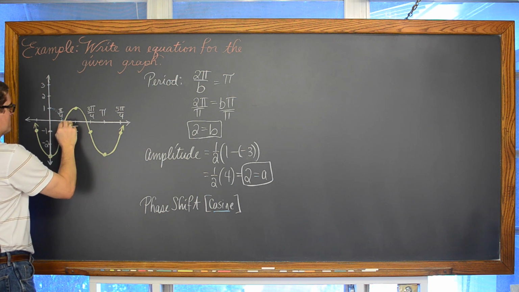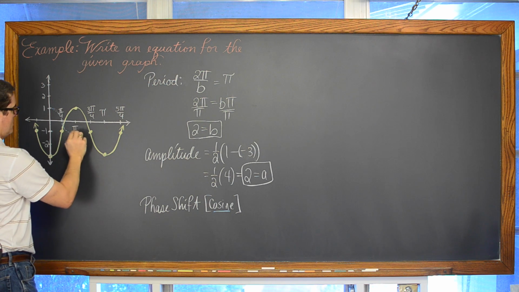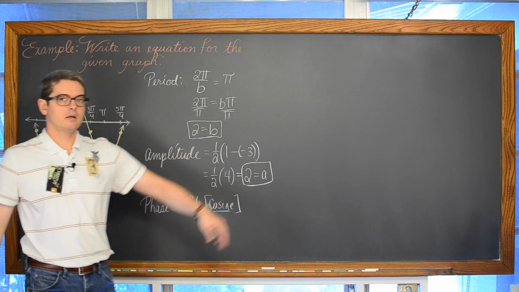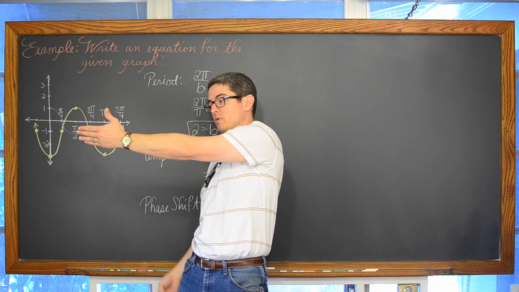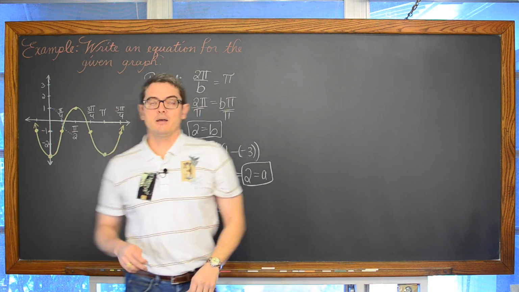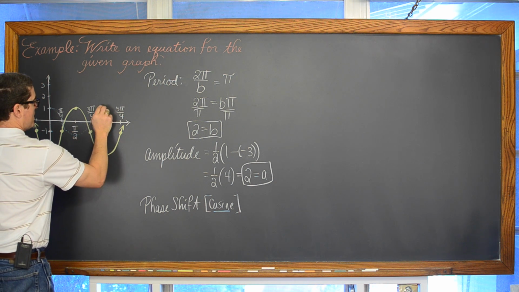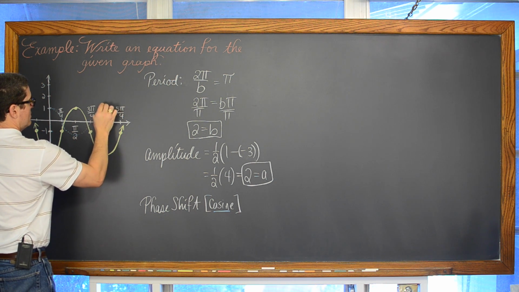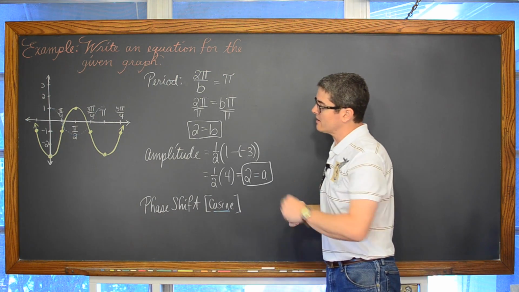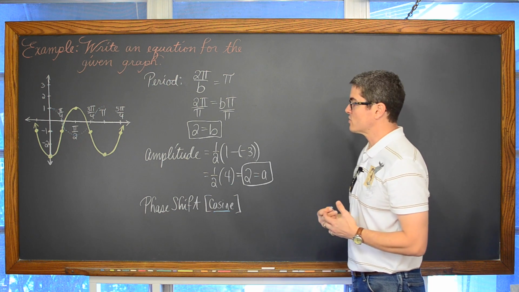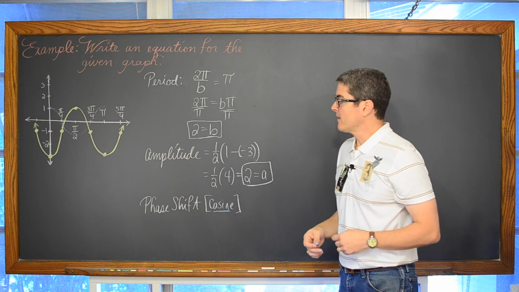And then halfway through its cycle, your cosine, normally at pi, if you haven't messed with the period, is -1. And then it cycles back to 0 and goes to +1. So that would be this dotted line. I'm trying not to dominate the graph, but that little blue dotted line would be what the cosine function would look like if all you did was change the period from 2 pi to 1 pi.